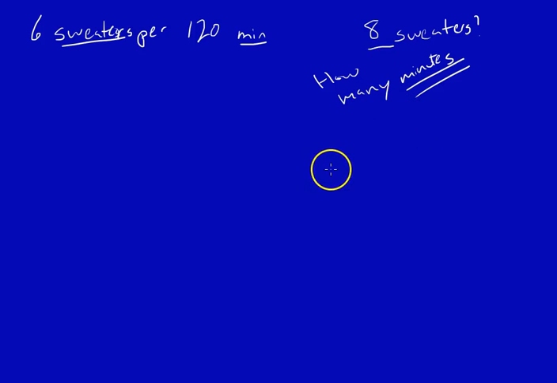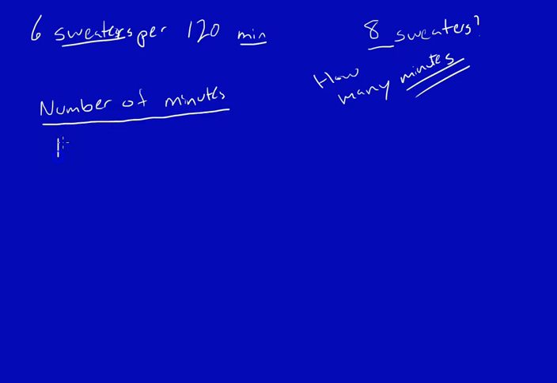Once you identify which term you want to solve for, you put that term on top of the rate. So you're going to put the number of minutes in the numerator and number of sweaters